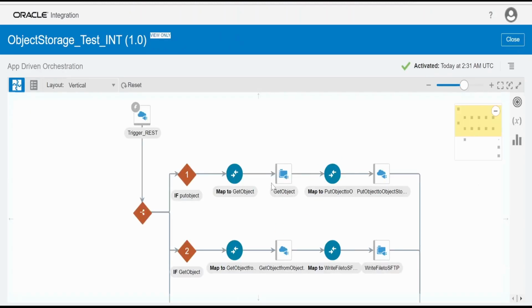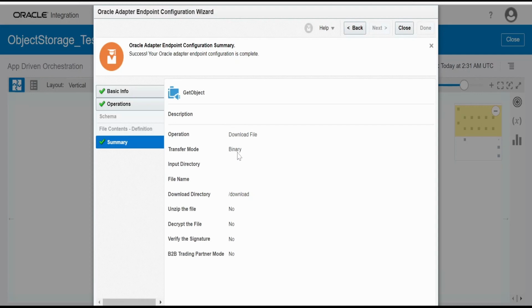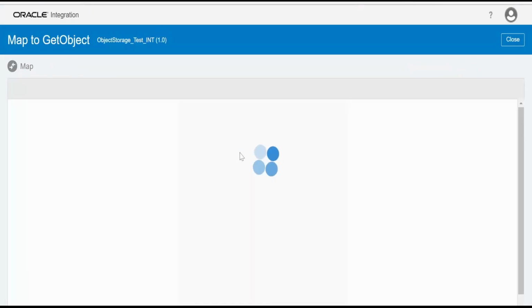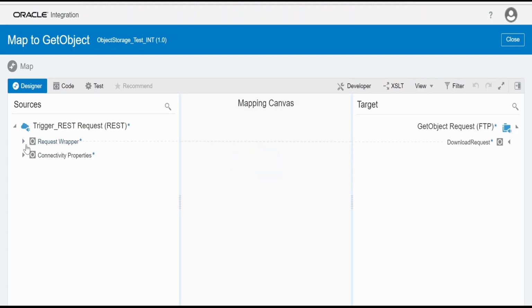I'm closing this. So the reference we get from this SFTP, here the operation I used is download file, and it is of type binary. This is a dummy download directory within our integration virtual space. Okay, so here I'm passing the SFTP file name and the path from our request.